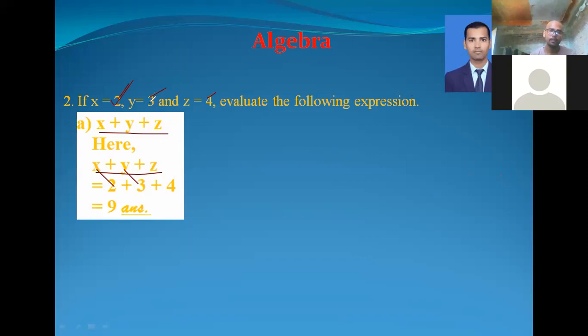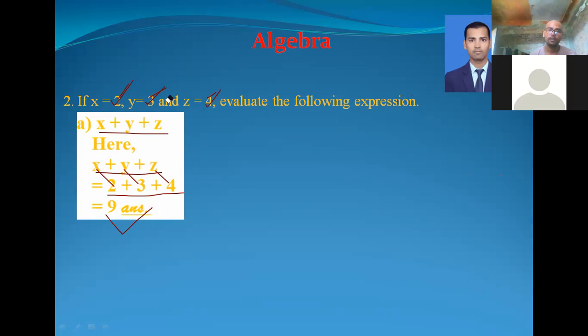You can see here in the question. In the same way, again we replaced z by 4, because the value of z is given as 4. Then all the numbers are in the form of addition. That's why after adding all of these, we have the answer 9. In this way, I hope you can find the answers of other questions or expressions as well